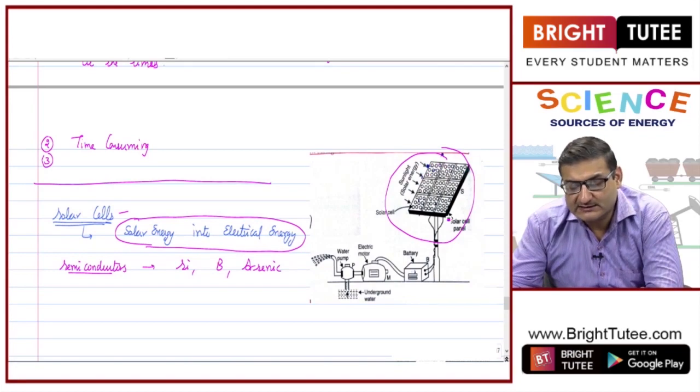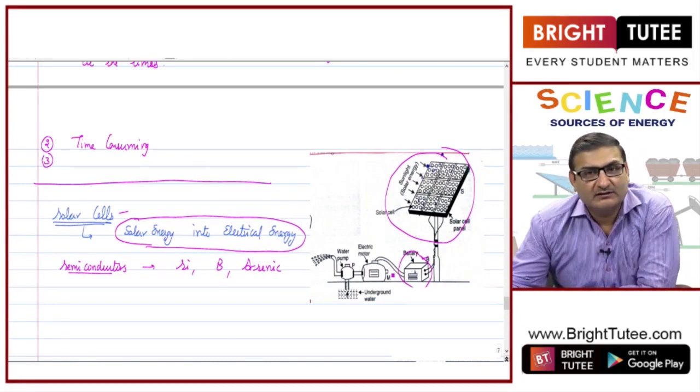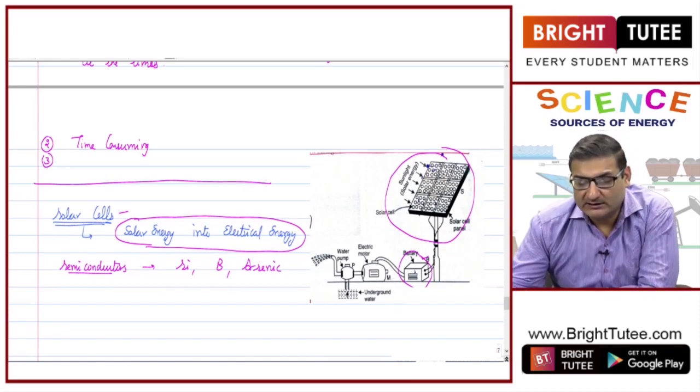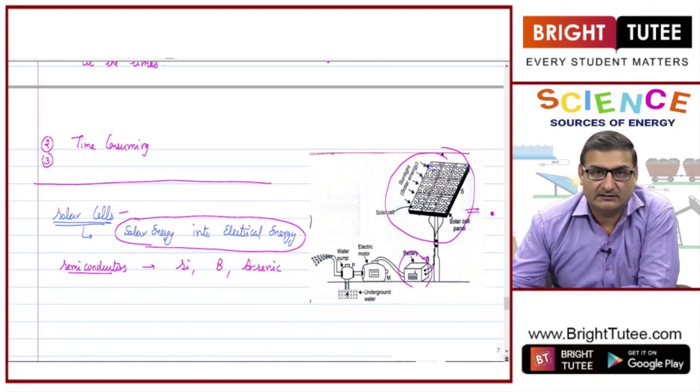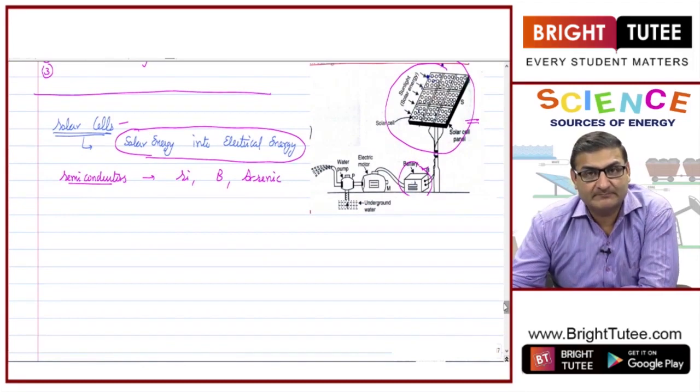These solar cells are connected. All the energy generated by them is stored in a battery, and then this stored energy in a battery can be used to perform various functions like switching on the motor to get the water or to do anything. So, this solar cell panel is used so as to increase the amount of electricity generated. Fine. There are various uses these solar cells are put to nowadays, right.